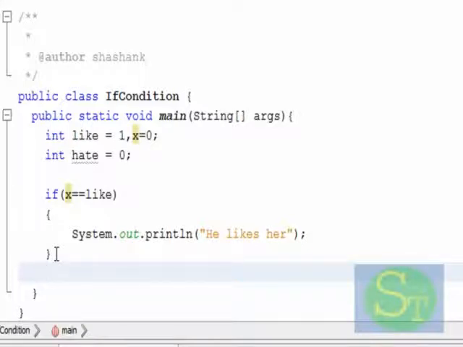So here we can do many things, like check a condition of a statement, like if x is greater than 5, or let us see, similarly if like equal to 1, or if let us say this is assigned to hate, you'll say he hates.